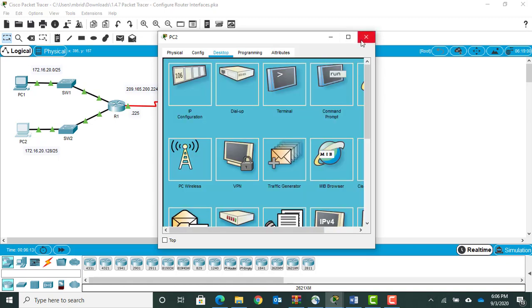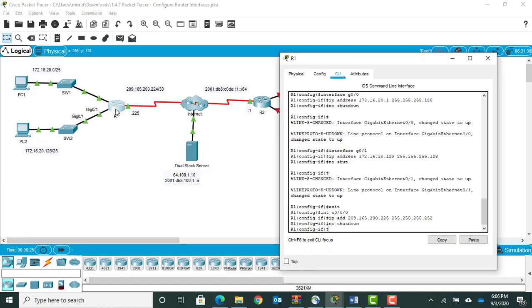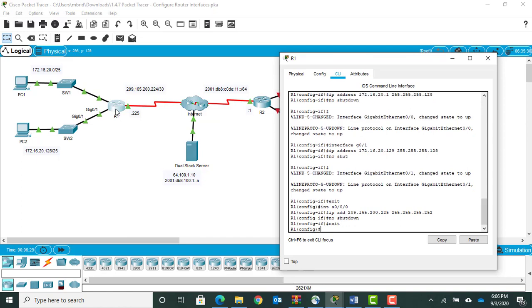Close out of that, and now PC2 should be able to communicate up to here. We put our mouse over top of that, you'll get that. Sometimes when we put our mouse over top here, it'll tell us what we have going on here as well. Okay. If I want to see what my interfaces are just to confirm them, I can exit all the